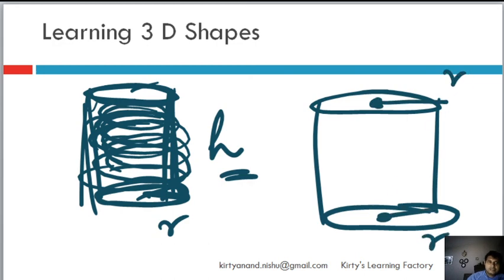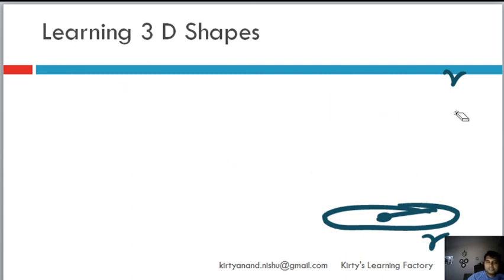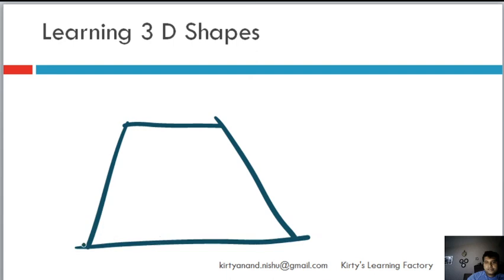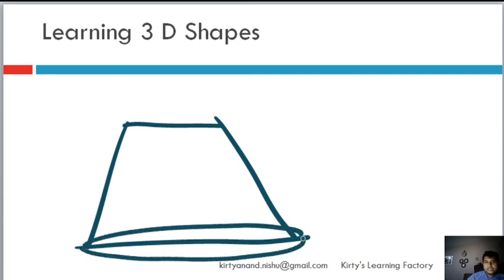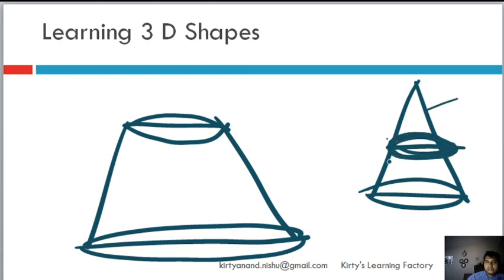Now, it is not asked right now, but there is something you should know once you are talking about a cylinder, which is a frustum. So this is a frustum. Basically, what you do is you take a cone and you cut it. So you take a cone, and you cut it from here, parallel, and you remove the top part, and whatever you get, you will get a smaller circle here and a larger circle here. That is a frustum.